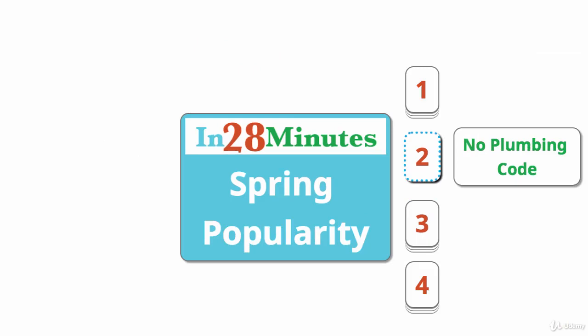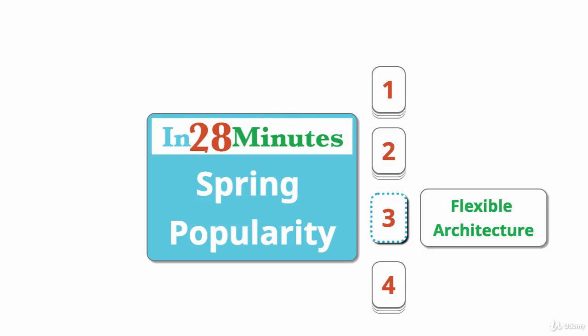So if I'm writing 100 lines of code, it's most probably some business logic. It's not unnecessary code which is not needed by the application. The other reason why Spring is very popular is the architecture flexibility it brings in. As we looked at in the previous steps, Spring is very modular. There are Spring modules and Spring projects for very specific purposes, and I can use a specific Spring module without using all others.